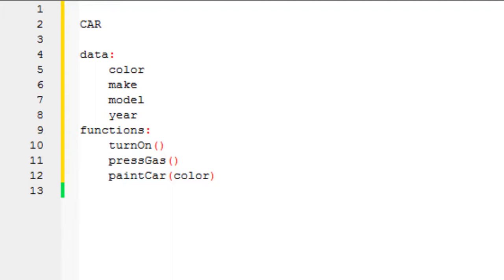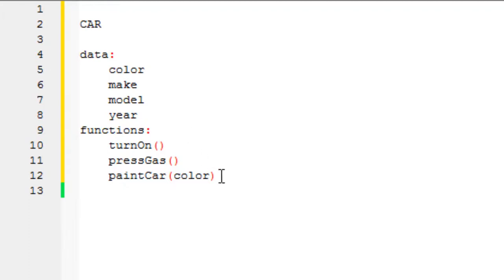and objects. Alright, so as you know from before, we can create a variable and store some type of data in that variable. But what if we want to have a bunch of different types of data fields together to represent one thing? Such as in real life we have something called a car, okay? They're objects. And each car can have its own color, a make, a model, a year, and thousands of other features, okay? And the car also has things that it does, and we can call these functions. You can turn a car on, you can press the gas, you can paint a car, you can do endless